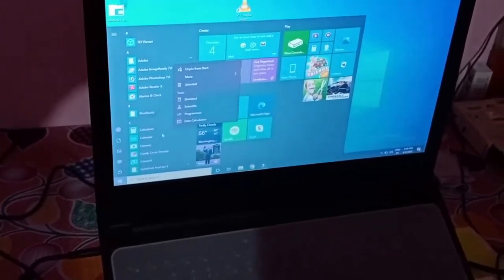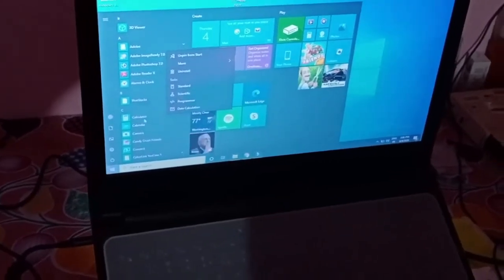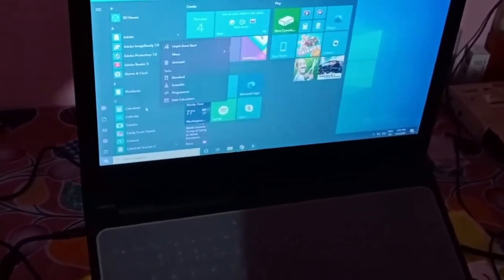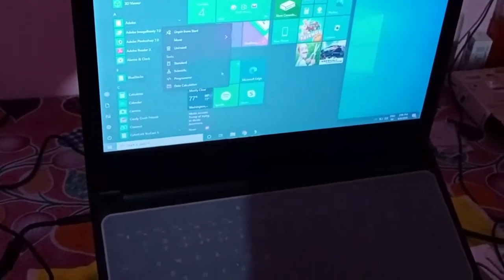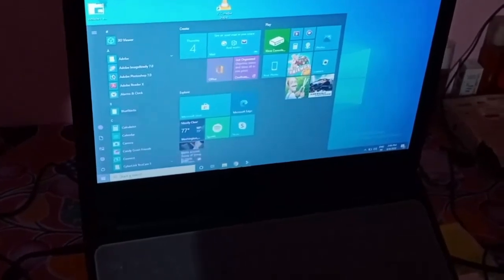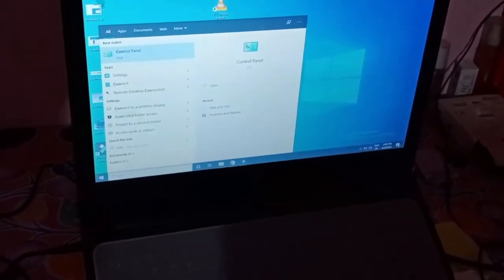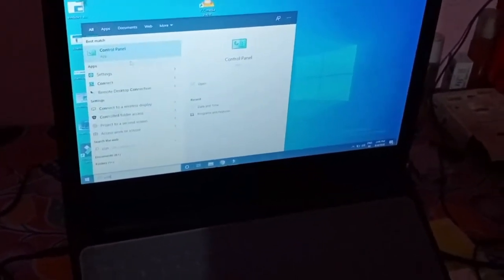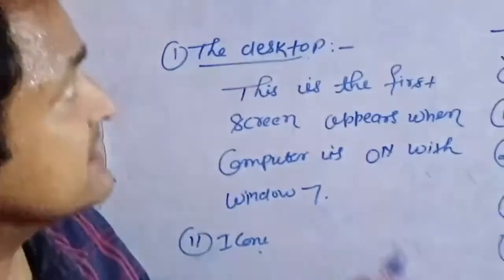This calculator is in hidden mode, and there are many such activities. The control panel is stored in another place. This is the control panel. The control panel is in hidden form, and it is shown on the desktop. So this desktop shows the shortcut of the control panel. So this is the shortcut.